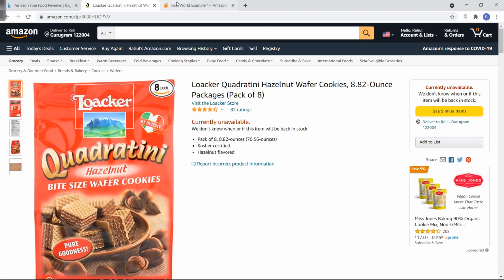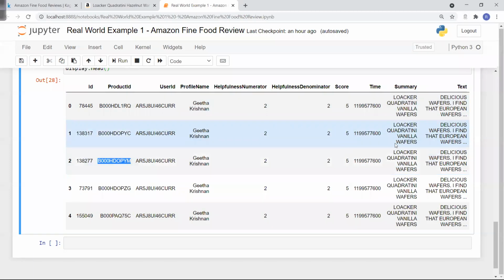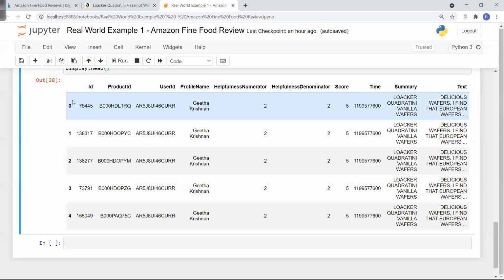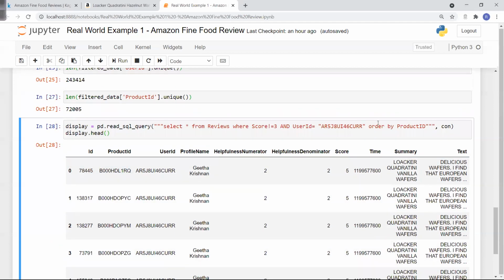That is the reason I see these duplicates in my data set, which obviously may not make any sense to me, or I may have to remove the duplicates, because I want the single rating. I don't want all the ratings. So I have to clean that. That is one of the things which I found out, so I can go ahead and clean this data set.